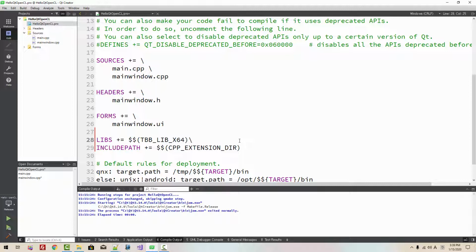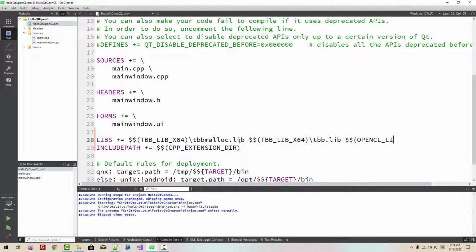We need TBB malloc lib. $2 TBB, lib, x64, TBB lib. One more, dollar,